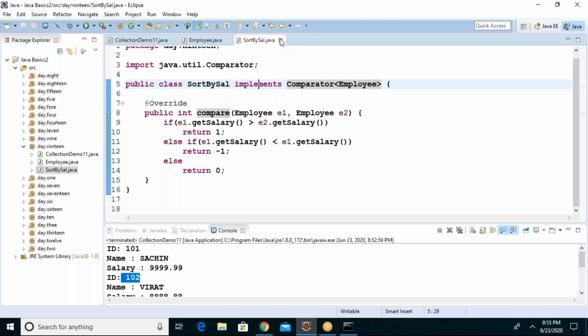Okay, I'm thinking if I give two compares, with the name and a salary, then they compare with the name. So all the A names come first, and within A names they compare the salary.